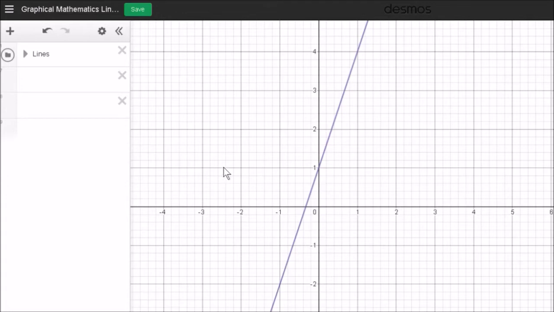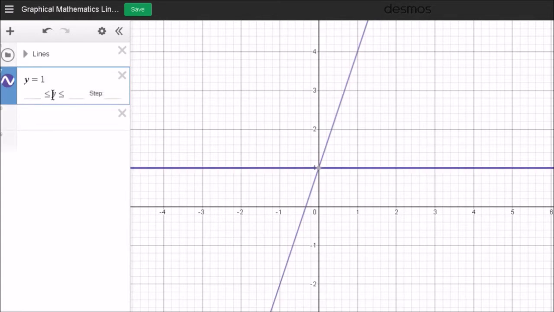So let's look at some more examples, but this time we're given the straight line and we have to try and work out what the equation of this line is. Now we could start off by looking and finding out where the line cuts the y-axis. In this instance, the line's cutting the y-axis at a point of height 1. So we know the equation of the line is going to look something like y equals